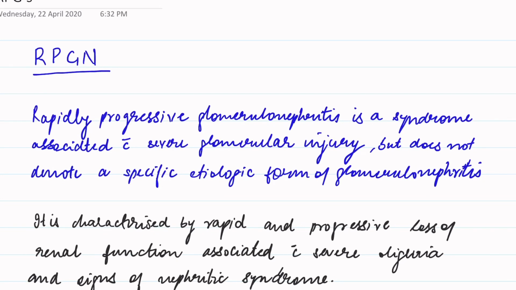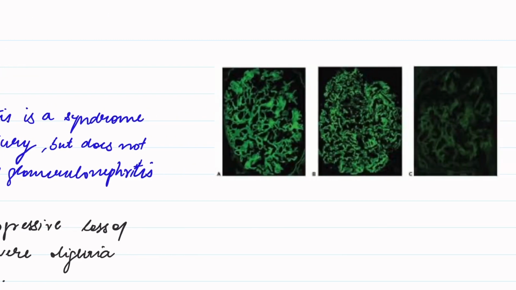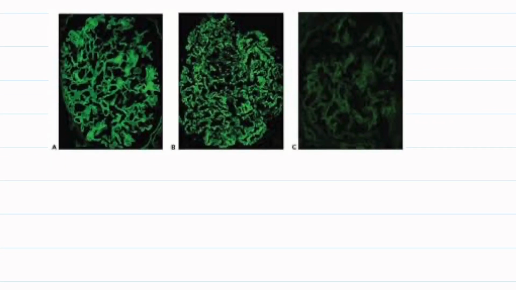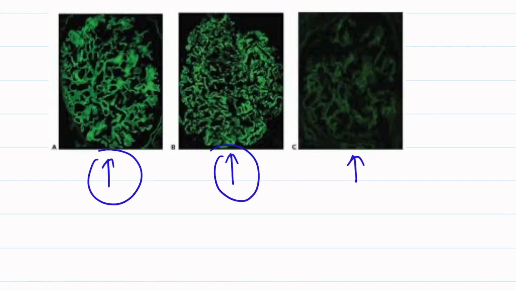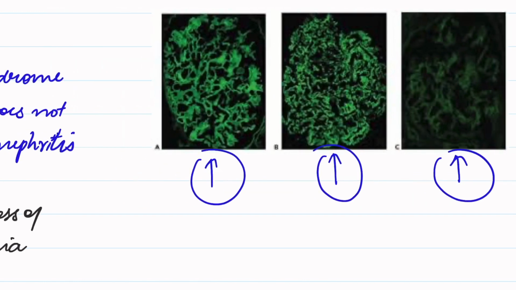So from the NEET PG point of view, it is important that you can identify the immunofluorescence and the type which is associated with this immunofluorescence. Okay. So identify which type of RPGN this is, then B and then C. Okay, think of the answers in your mind. We will discuss these answers at the end of the video.